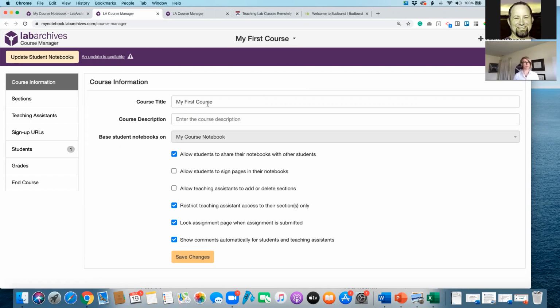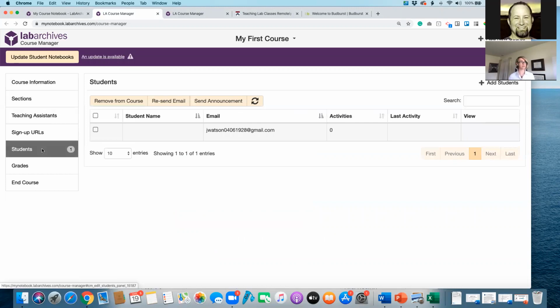You can give it any title that you want, but it's basing the student notebooks off of whatever you create, a course based off of any student notebook or any notebook you want. So the student is getting a reflection of what you see. You can create sections, you can add TAs if that's appropriate, and then you add a student a couple of different ways. So I added Mr. Watson individually,